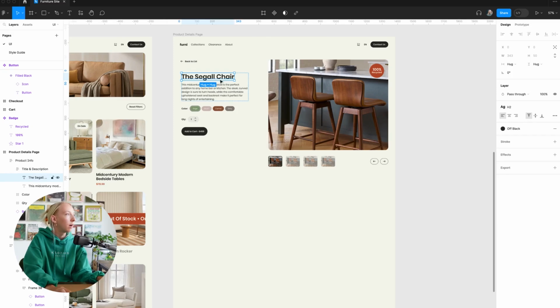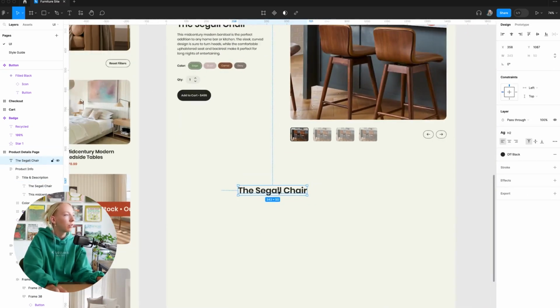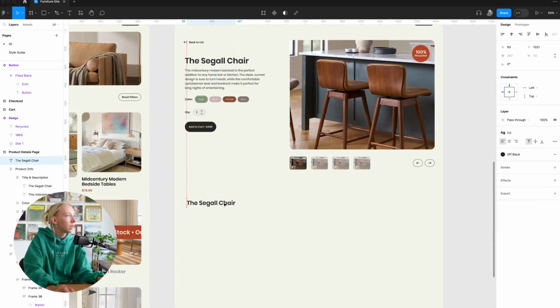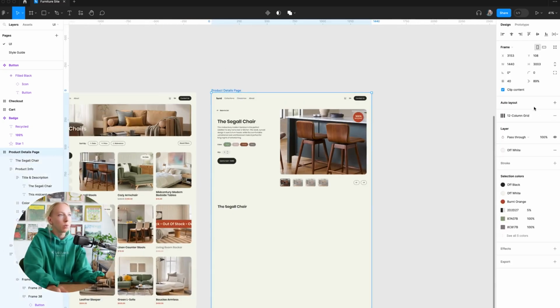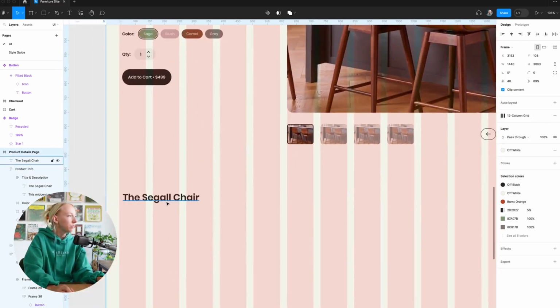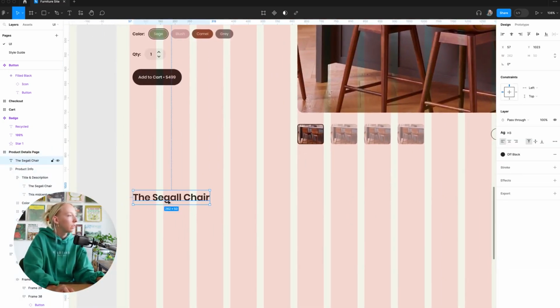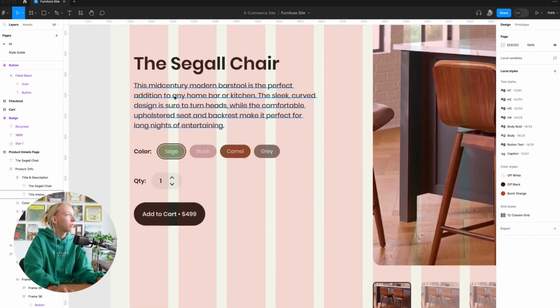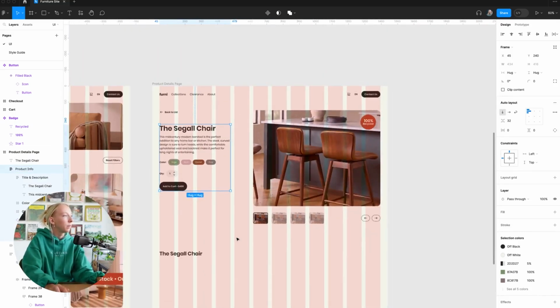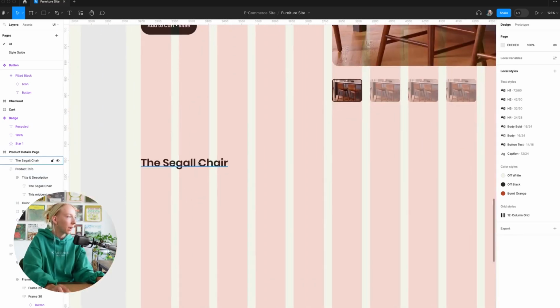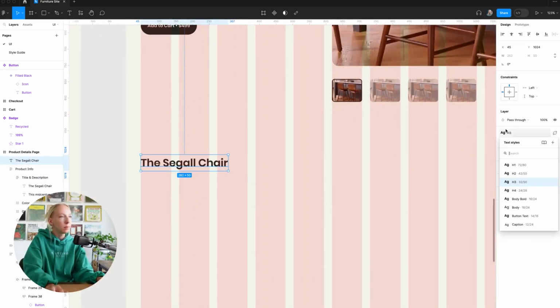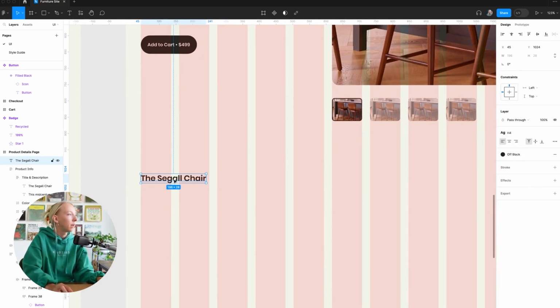So let's just grab this headline, this header font, and instead of H2, let's use H3 for this. And we're just going to align it here. If it helps, you can always put your grid back on. So I think that would be helpful. In this case, we're just going to align it right there, which is making me realize this is not aligned. There we go. That's much better. Okay, so here, actually, maybe we want to do H4. I don't think it needs to be that big. Let's do